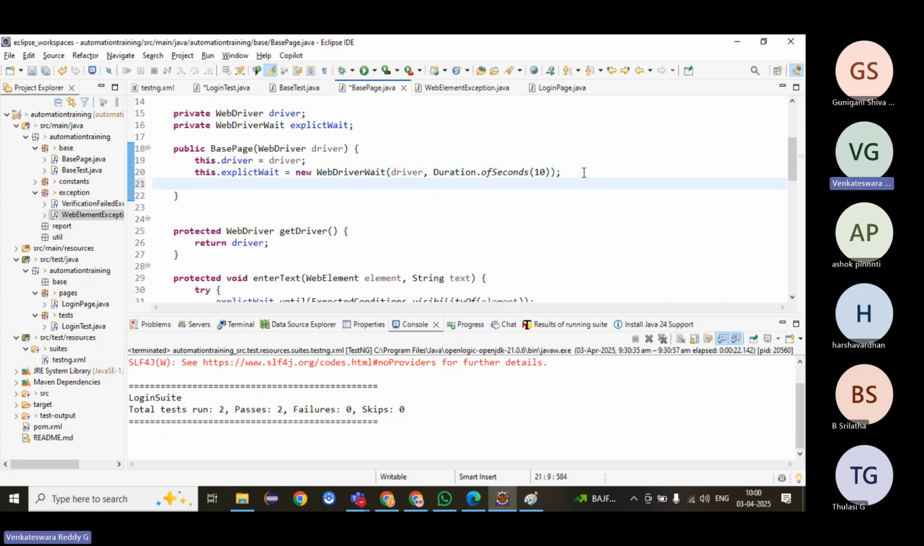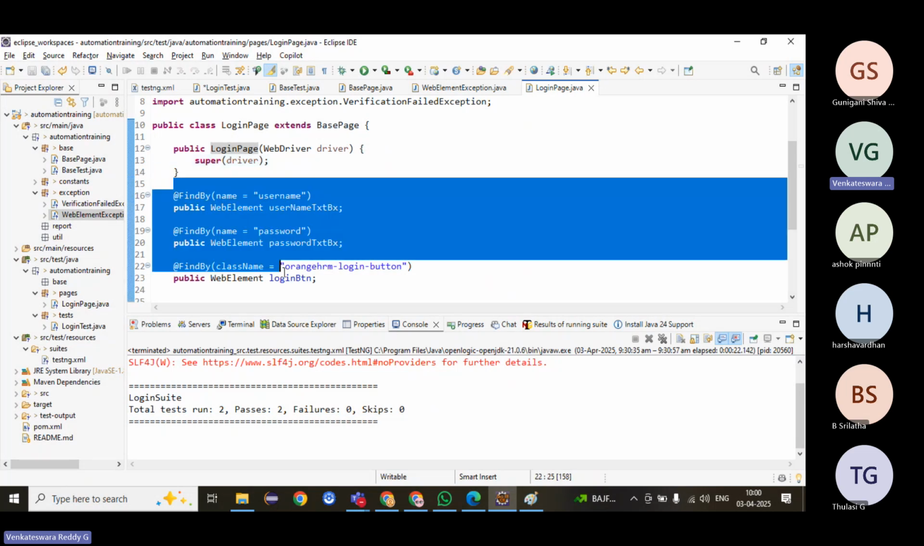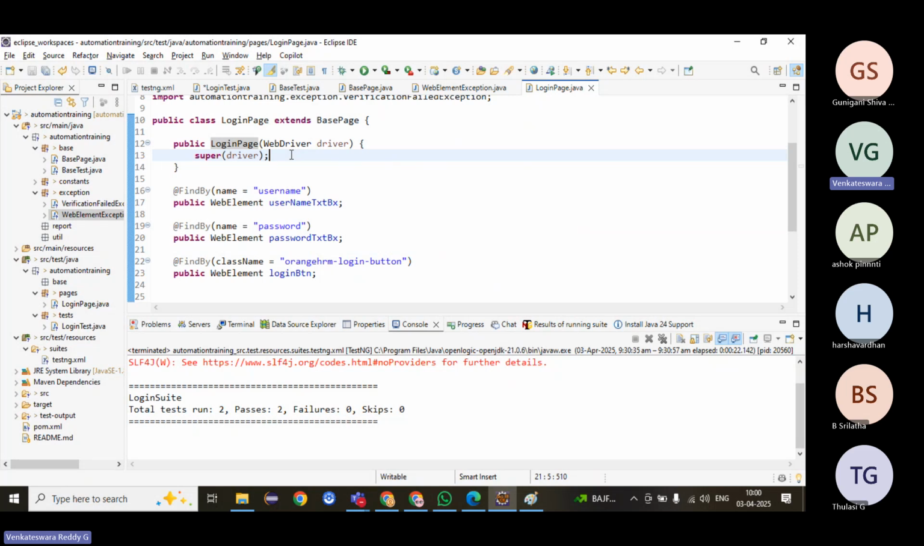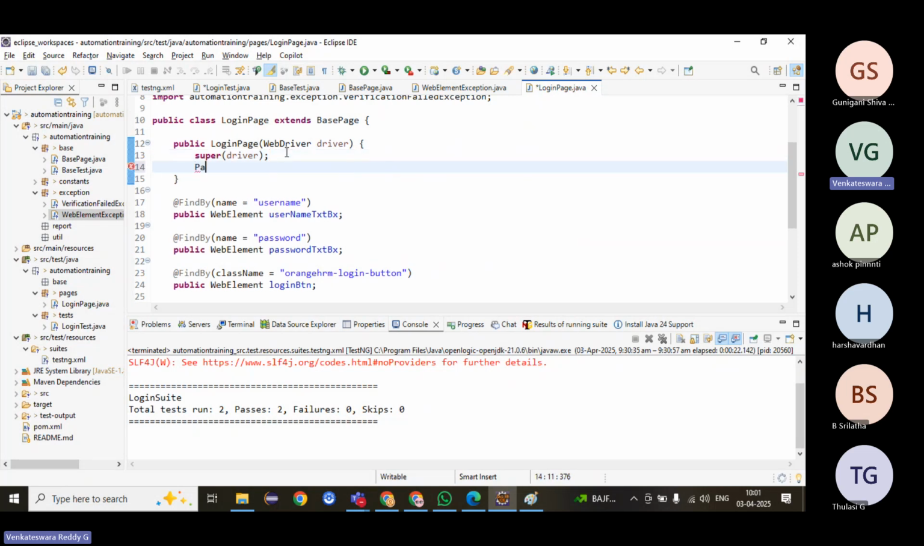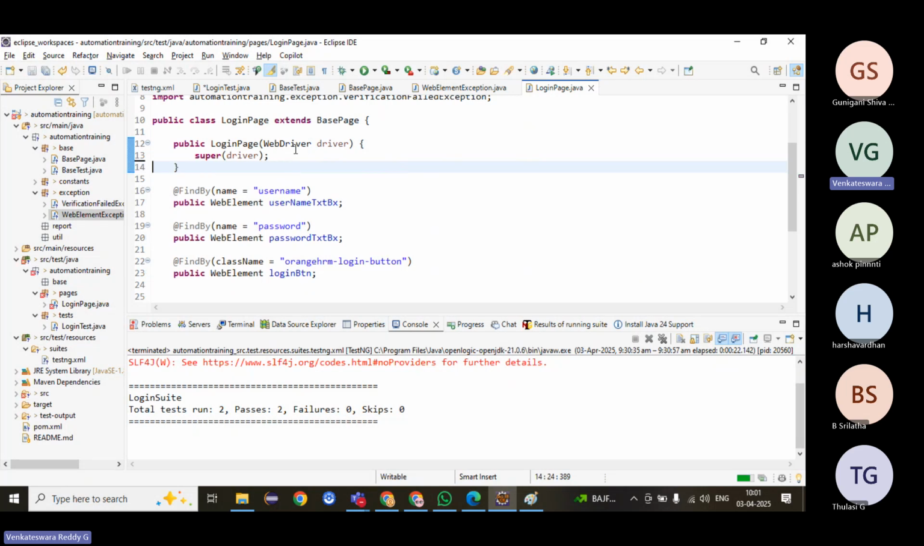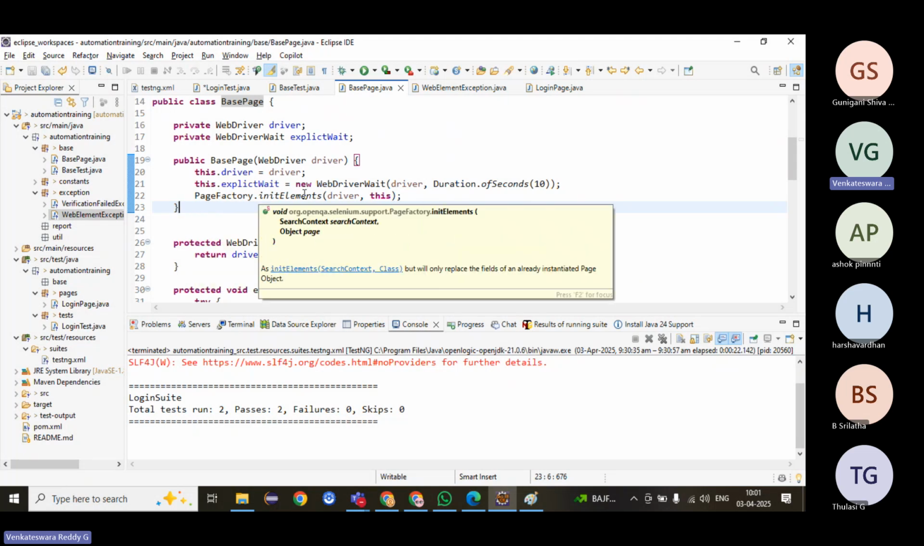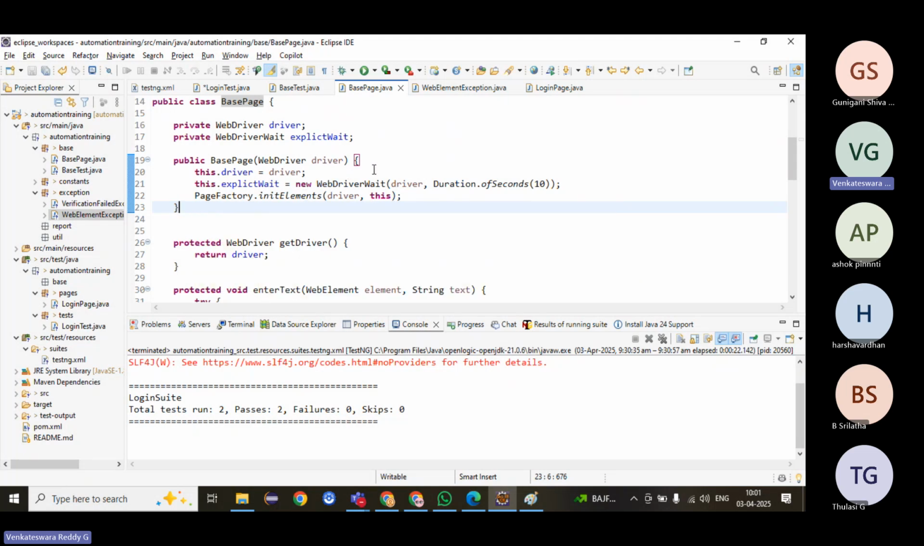Right, for page factory, if you want to initialize any element, we require a PageFactory.initElements. Without this, what will happen? These web elements will not initialize. If you want to initialize these elements, we no need to write it in each child class constructor. Directly in the parent class constructor, only one place we can write it. No need to write in every child class. PageFactory.initElements will initialize the elements. Right,